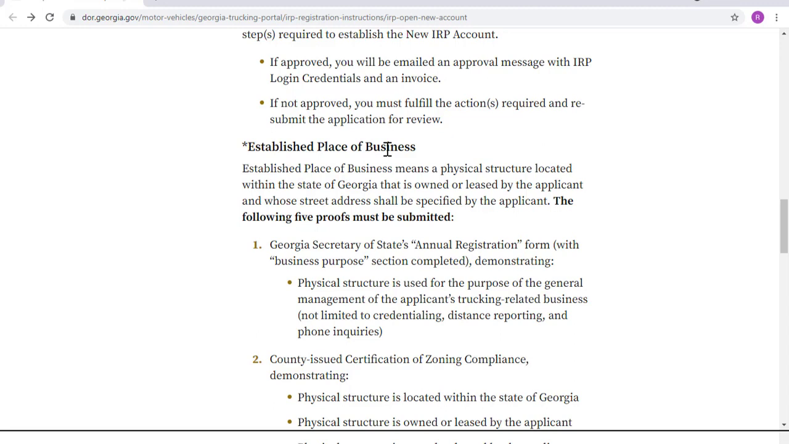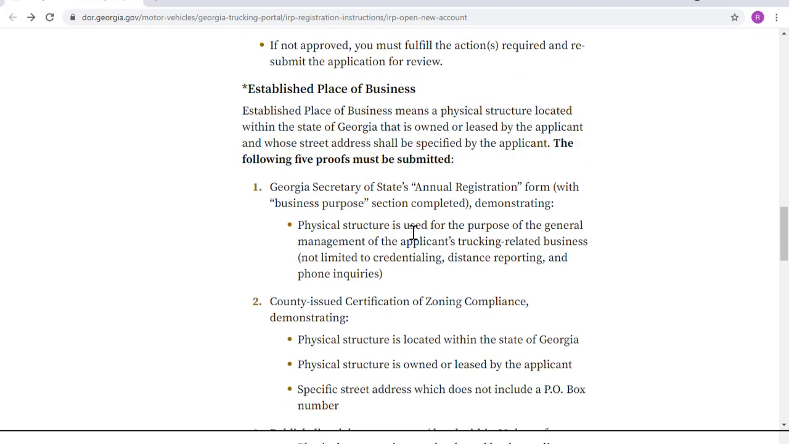And so if you're going back to this first point of establishing place of business, how many proofs do you need? 5. But if you're trying to establish residency, Georgia residency, how many proofs do you need? 3. All right. And so it breaks down what type of proof that you need to establish a place of business. Okay. And that's going to start off with your annual registration. You're going to find that where? Secretary of State,